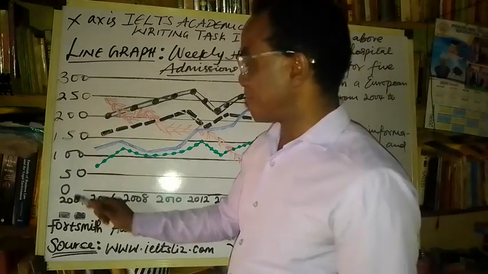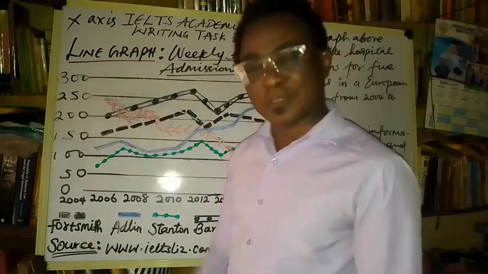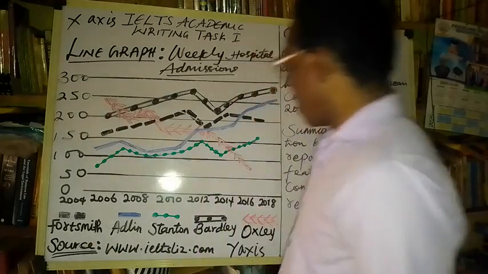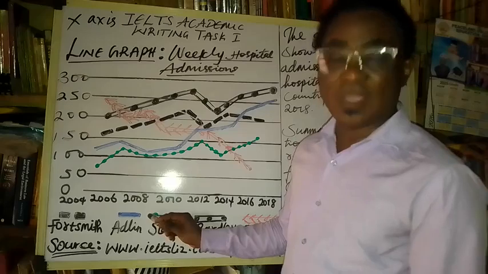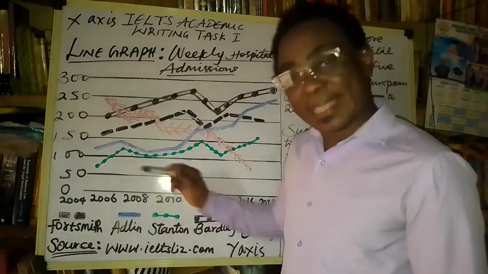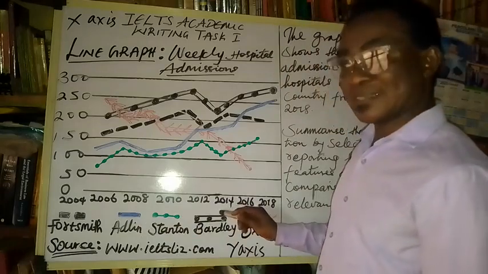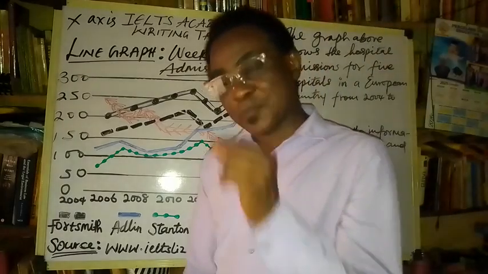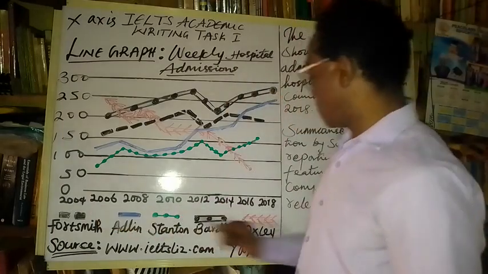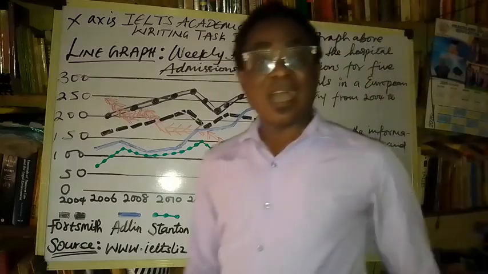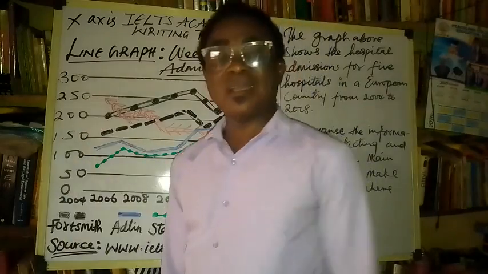So the figures that we have here, 0 to 300, are the dependent variables. The y-axis is also referred to as the independent variables. The figures we find below the y-axis are referred to as the independent variables. So these figures, years from 2004 to 2018, are the independent variables, while the figures 0 to 300 are the